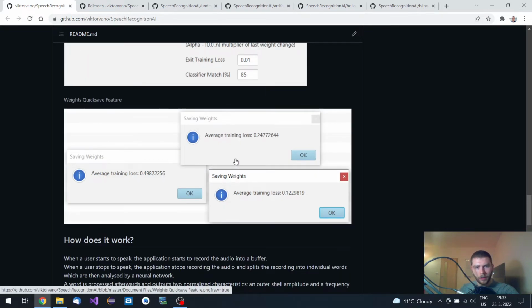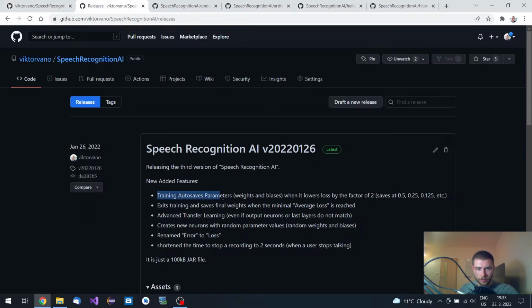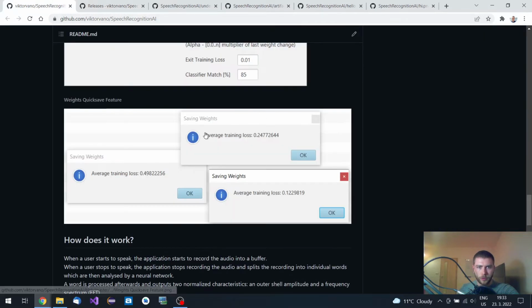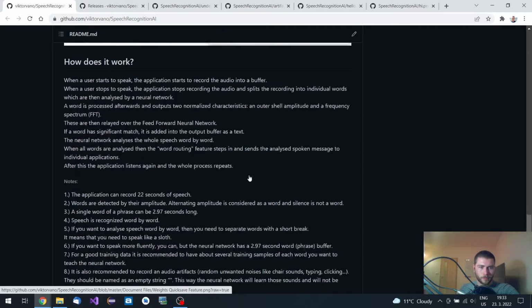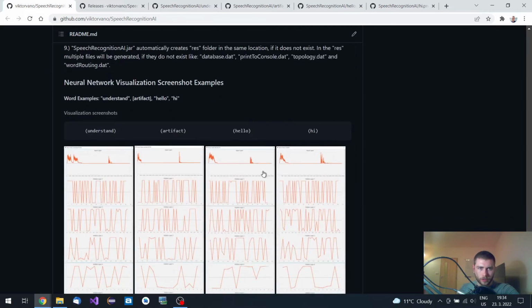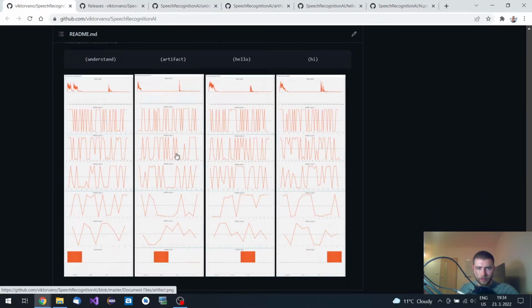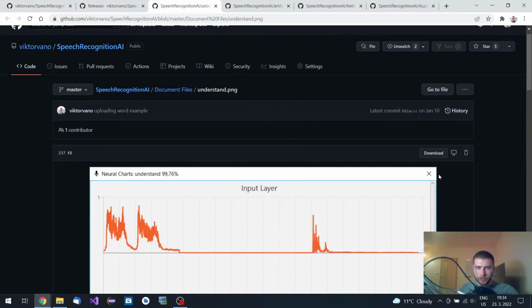You can see what's related to this training autosaving. It will show you on what loss it actually saved the weights. So that's more or less the same, and you can still have this neural network visualization part,